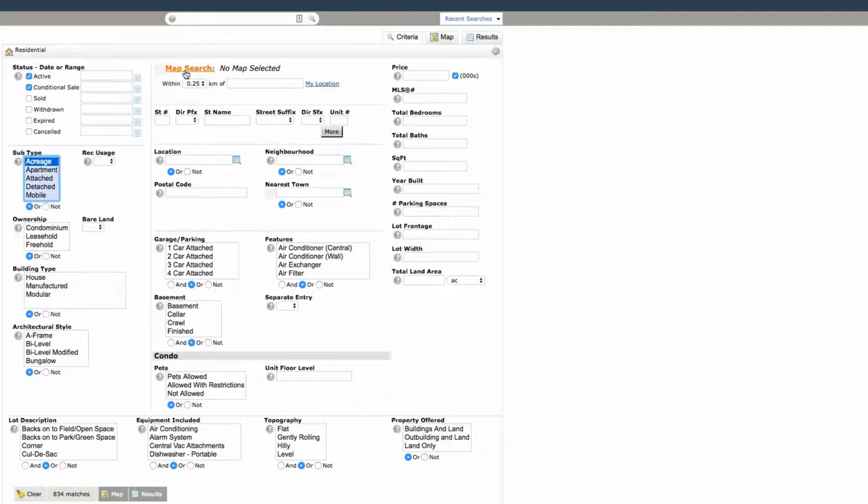And now what I want to do is, you can either use this feature here within, so I can come in here and say I want to go 25 kilometers within, say, Regina. And it says, do you mean Regina Sask? Yes, I do. Now it has actually set that, or I'm just going to clear my map because I don't want to set that in just yet. Or I can click on map search,